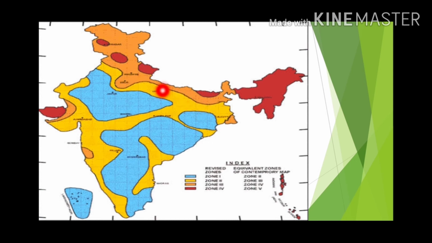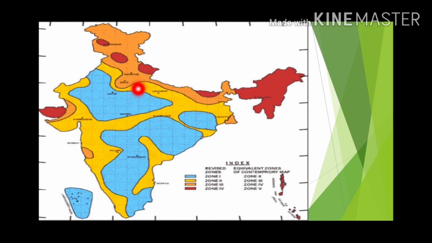In India, the Himalayan region is most prone to earthquake. The fold mountains like the Great Himalayas are still rising. So these are fold mountains. Folding is still going on, it is a continuous process. So they are still rising, the movement is very slow, and as a result the Indian plate is moving towards the Asian plate.